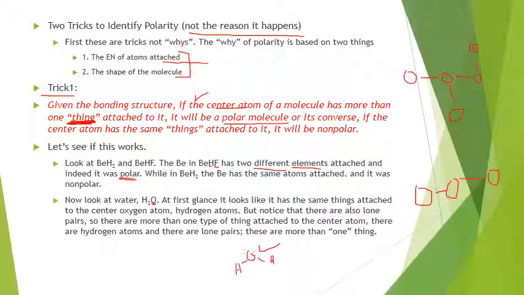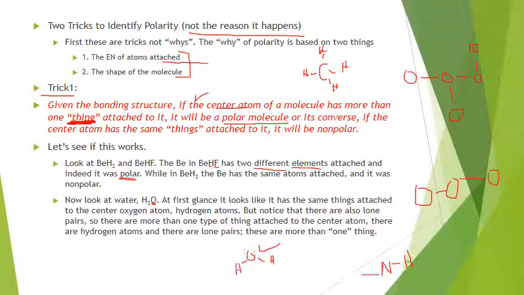So all you have to do is look at a molecule and look at the center atom, and if it has all the same things attached to it, it's nonpolar, like methane. Okay, methane was this. It had 4 hydrogens attached to the carbon. This is a nonpolar molecule. All right,